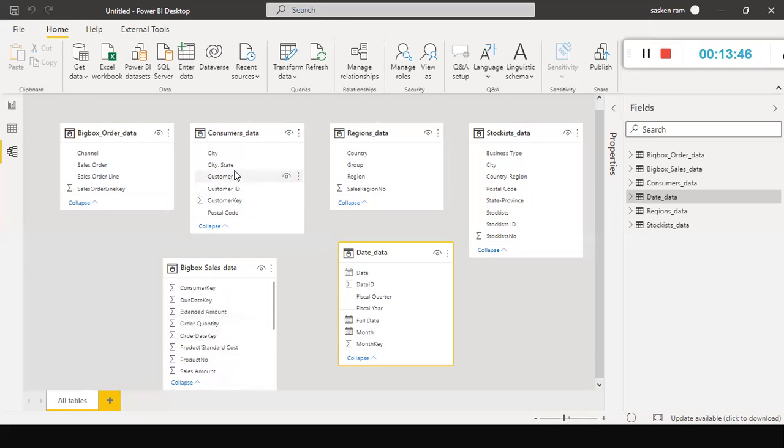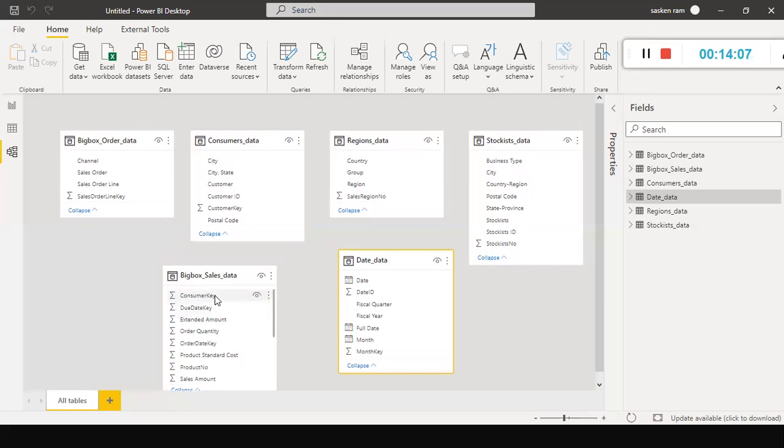So now, for example, if I wanted to see the total sales we made, the sales amount is nothing but revenue. So how much revenue we made by customer? I want to know the customer name, but here we don't have the customer name. Only consumer key is there. If I want to get the customer name, I need to join this table with this table using this consumer key. Okay, but here we don't have the consumer key. I just simulated in real time. You might tend to get the data like this.